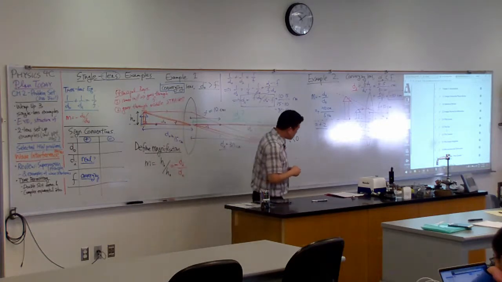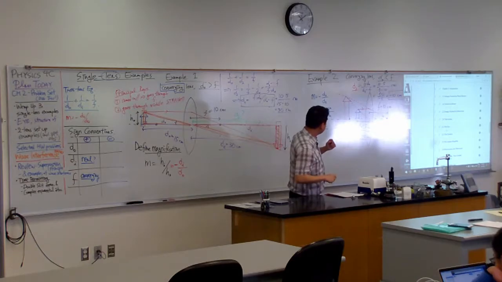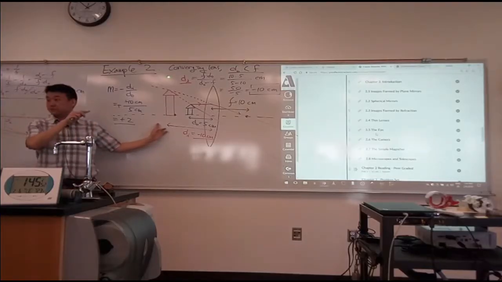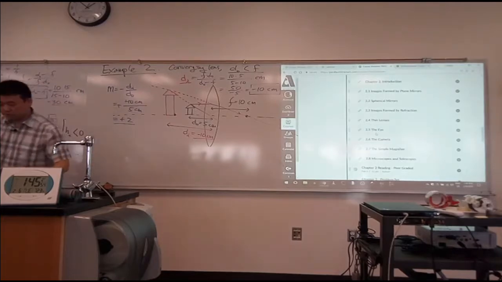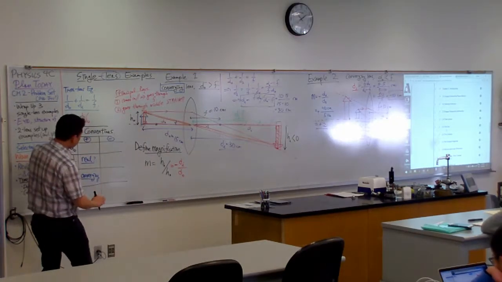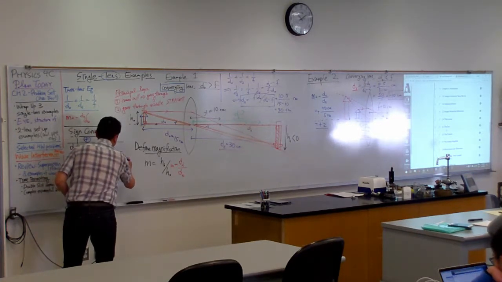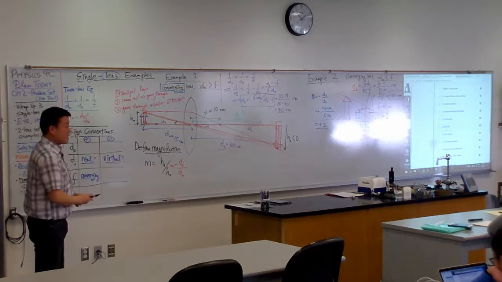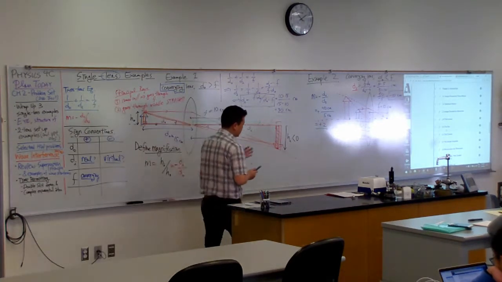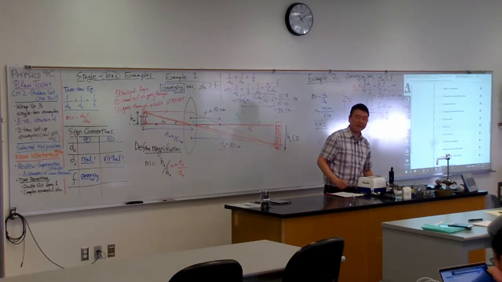So let's circle back to the question that we had before. Here, everyone agrees this is a virtual image? Yes? So you might say that the image distance is negative when the image is virtual. Right? And all of that's good when you are dealing with this simple situation. But once again,